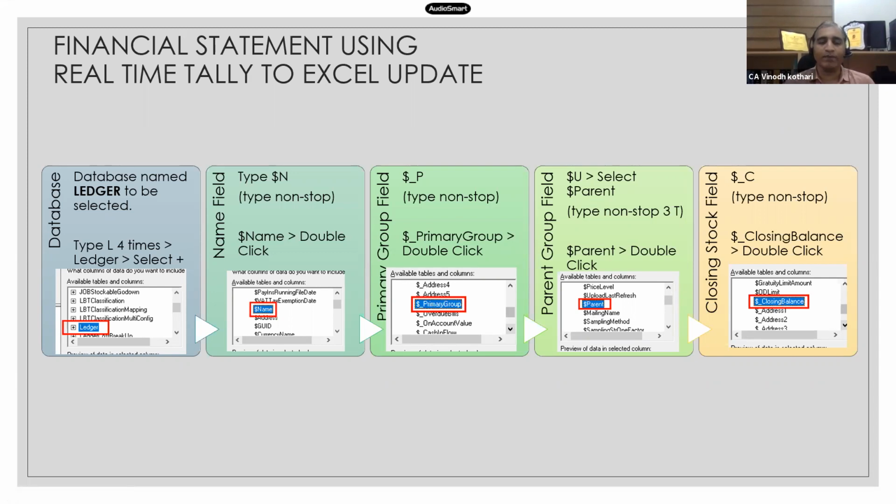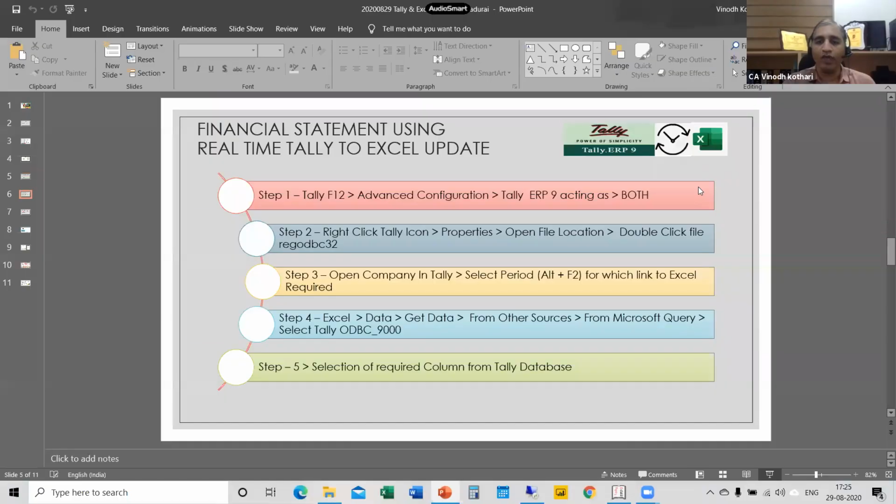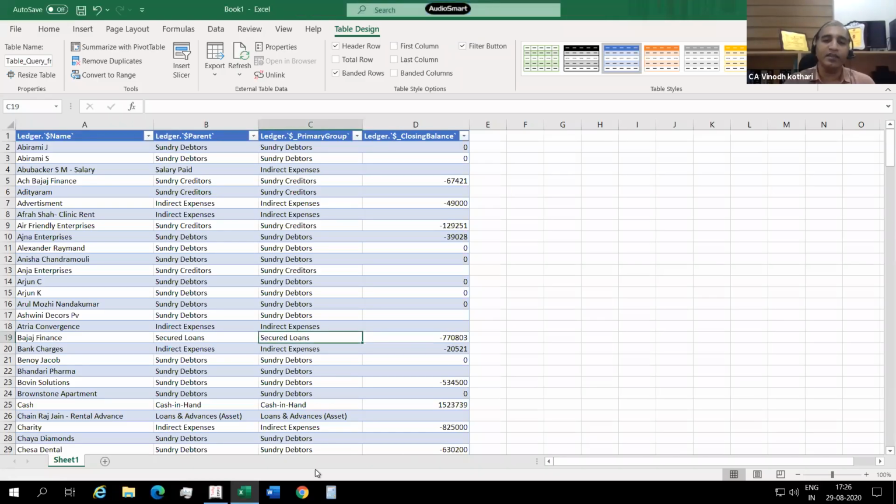Once you select all these, your data is linked from Tally to Excel, and whatever entry you have updated in Tally gets updated just by refreshing the data. So this is the way to link Tally to Excel on a real-time basis.